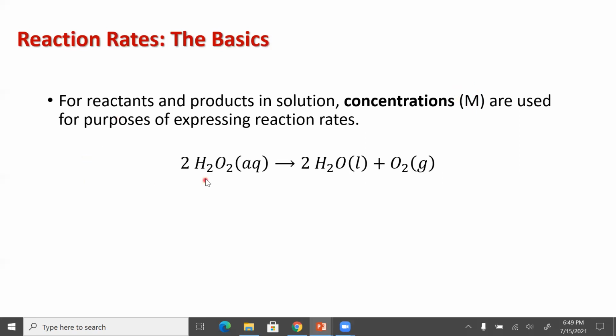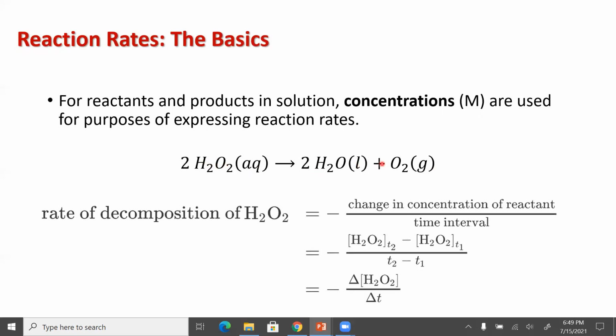So let's say we have this reaction here. We have hydrogen peroxide, and it decomposes into water and oxygen. And we want to look at the rate of this reaction. Well, the rate of decomposition of this hydrogen peroxide is the change in the concentration of the hydrogen peroxide over time,